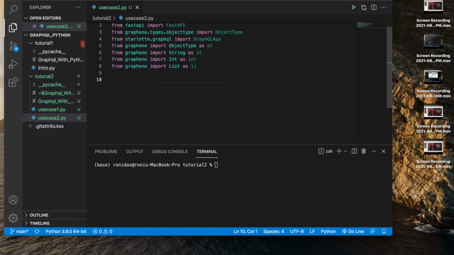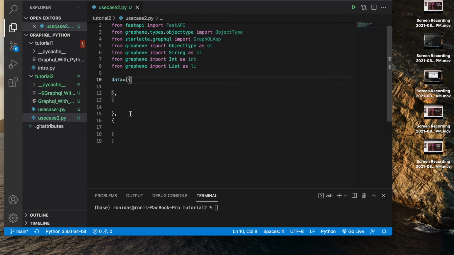Now first thing first, let me create some data. So this is going to be something like that. Let's start putting something here.